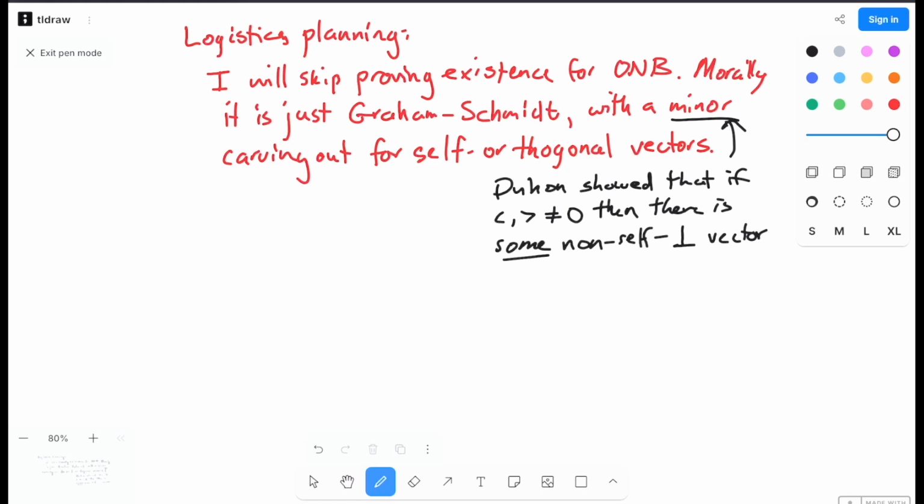And so the induction argument that you see in Gram-Schmidt basically just works here, except occasionally you're going to have to switch out basis vectors for other basis vectors if you happen to make some unfortunate choices